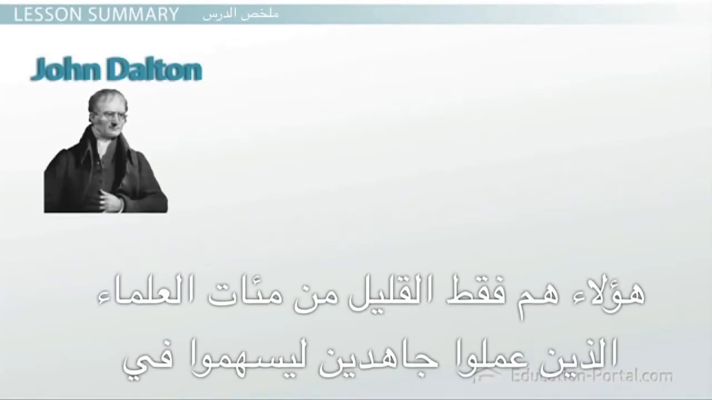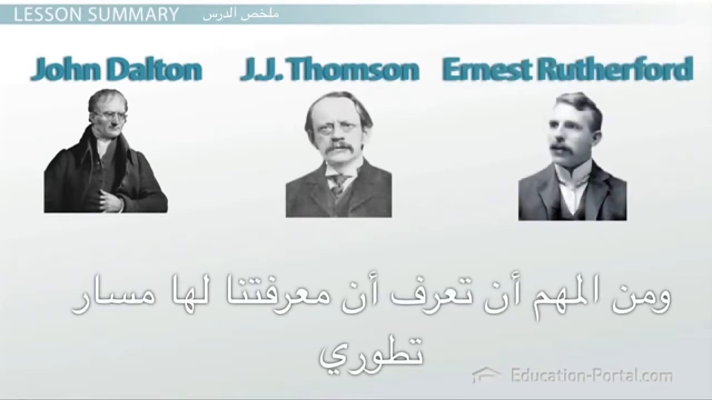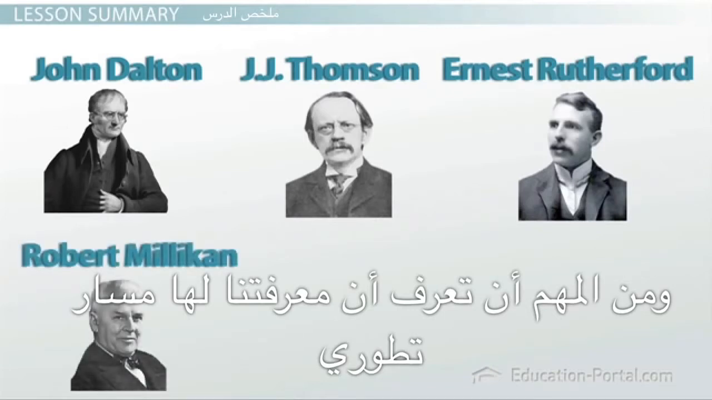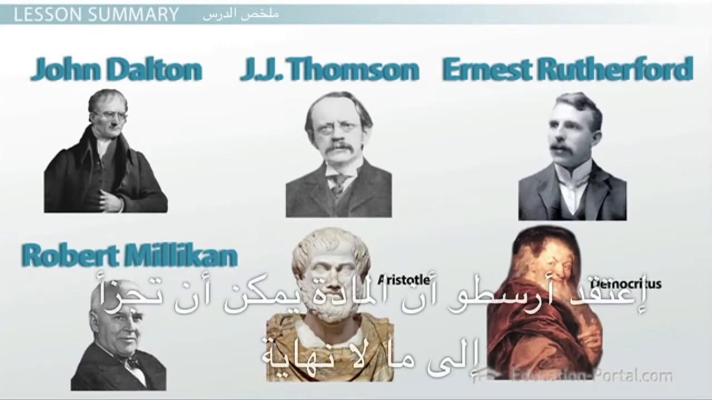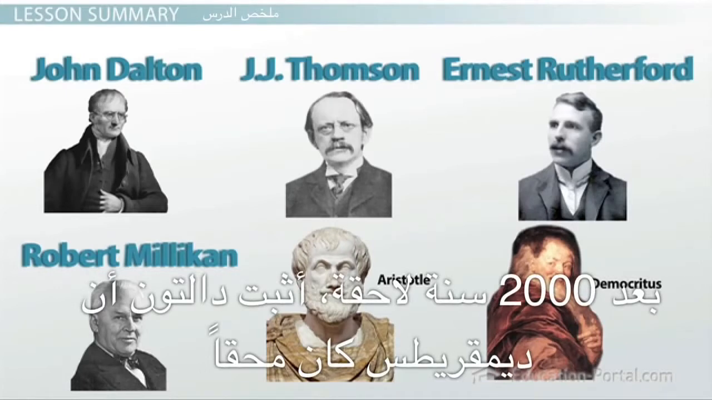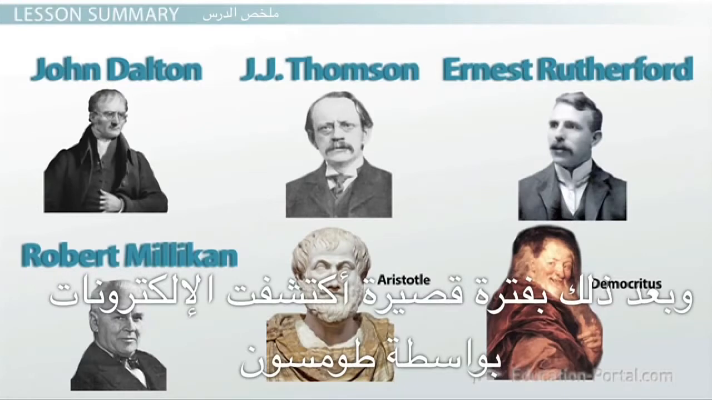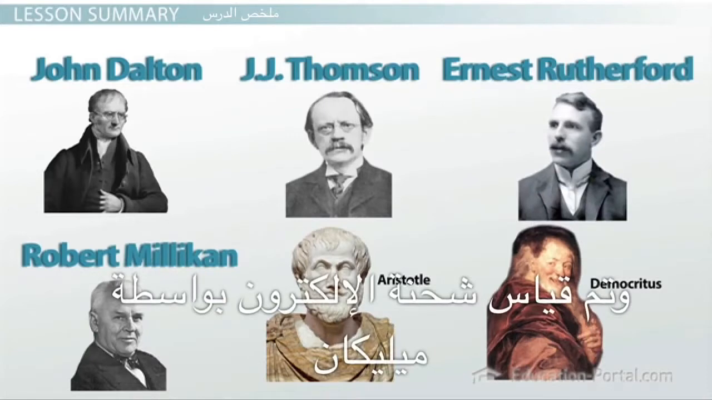These were just a few of the hundreds of scientists that worked hard to further our knowledge and understanding of the atom. It is important to note that our understanding has been an evolving process, including Aristotle and Democritus's opposing views of the atom. Aristotle believing that matter could be divided forever, and Democritus believing that we would eventually get to the smallest particle called the atom. 2,000 years later, Dalton proved Democritus was correct. Shortly after that, electrons were discovered by Thomson, the nucleus was discovered by Rutherford, and the charge of an electron